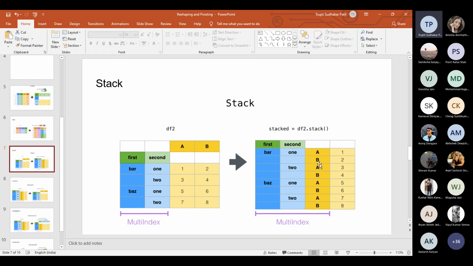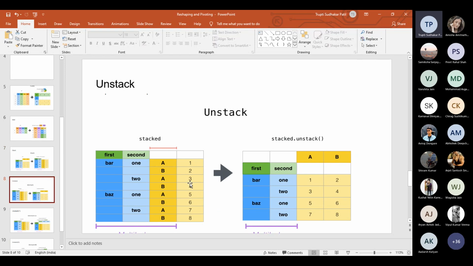This is the rows we can call this as. So innermost column that converted into innermost rows, and that's what is called a stacking function. This is what an unstack function. Now in unstack, what did we do? This is what my stacking. This is what I have done as unstack.